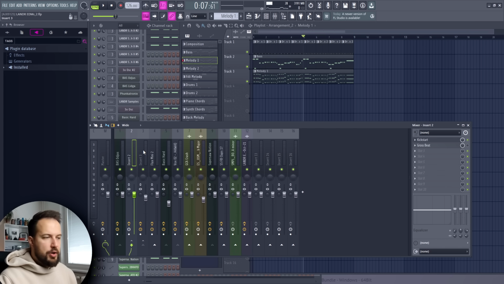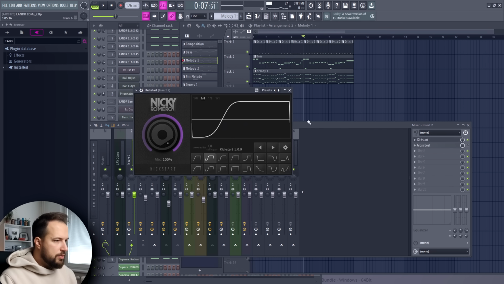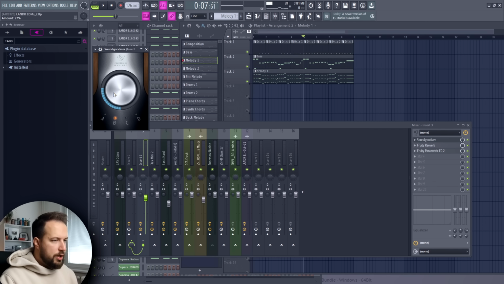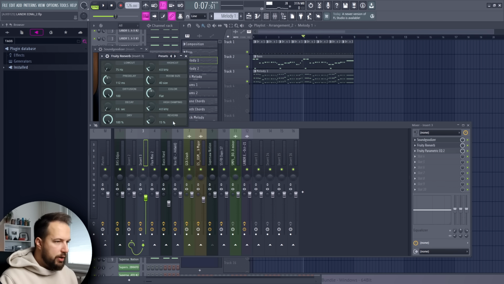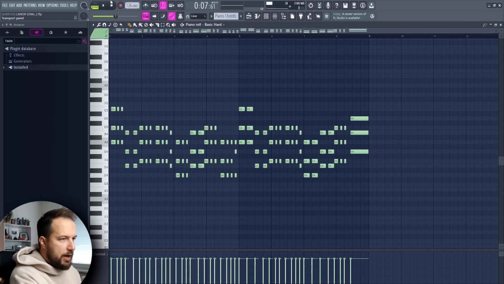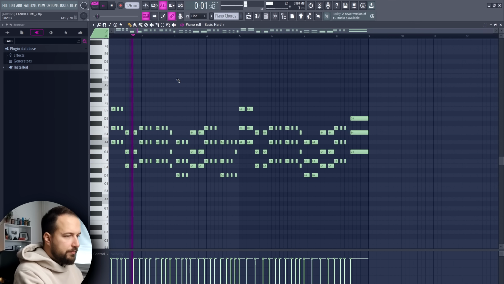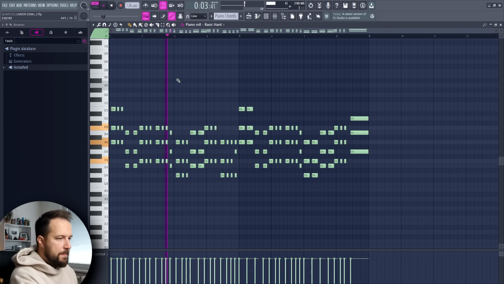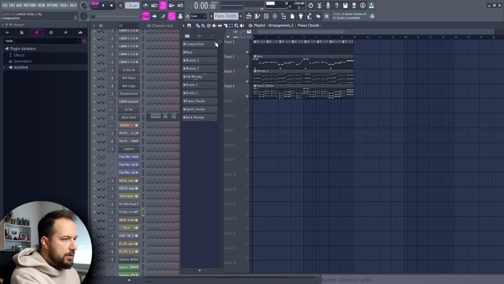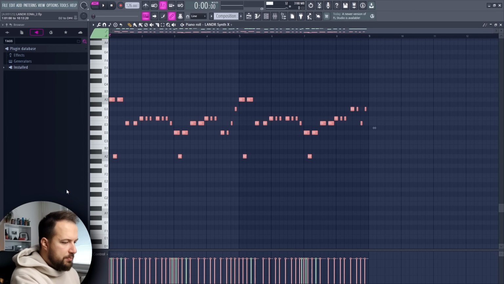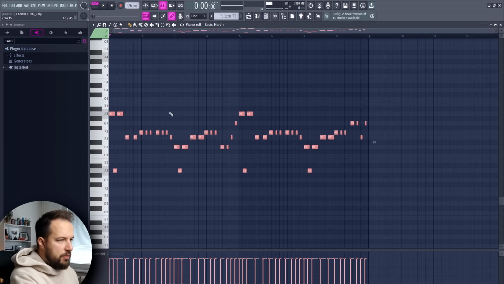As far as the effects go, I sidechained the lead sounds as well, and I put sound goodies on them, some reverb for atmosphere, and a little bit of EQ. The song is coming together, but one more sound we definitely need to support all of this is some chords. I went with these piano chords. So what I did is just take the bass notes from the composition, take these bass notes, put them on a piano sound,